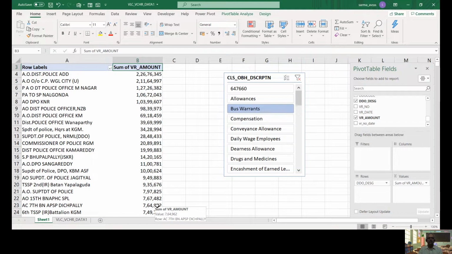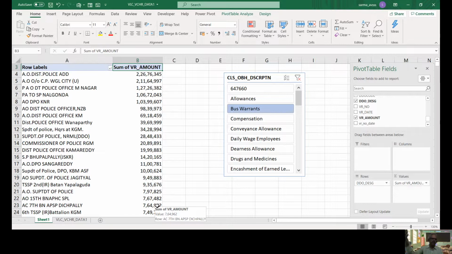Suppose it is bus warrants. What is a bus warrant here? A bus warrant is an agreement between the Road Transport Corporation and the government, where some department personnel, not all, like police, prohibition and excise, can travel by bus without buying a ticket before travel, because the tour program will be approved by the DDO, and he will issue a paper called a warrant. If that warrant is shown to the conductor, that official will be permitted to travel from the source to the destination mentioned in the warrant.